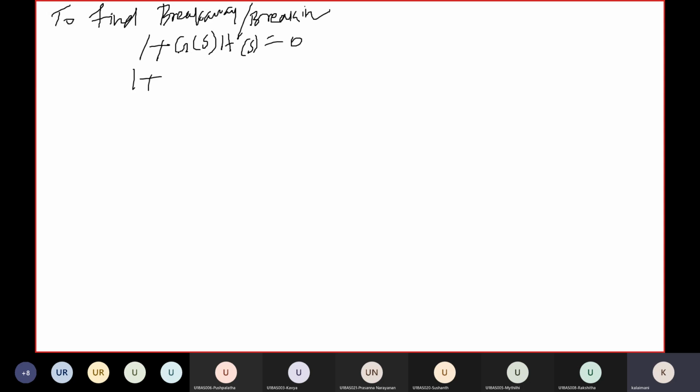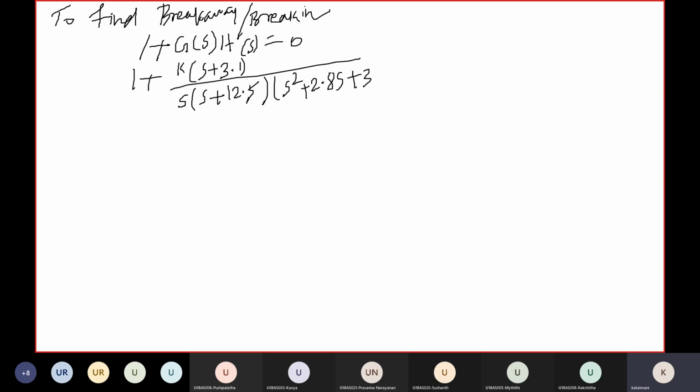Then 1 plus, what is your G(s)? K times (s plus 3.1) divided by s into (s plus 12.5) into (s square plus 2.8s plus 3.24)